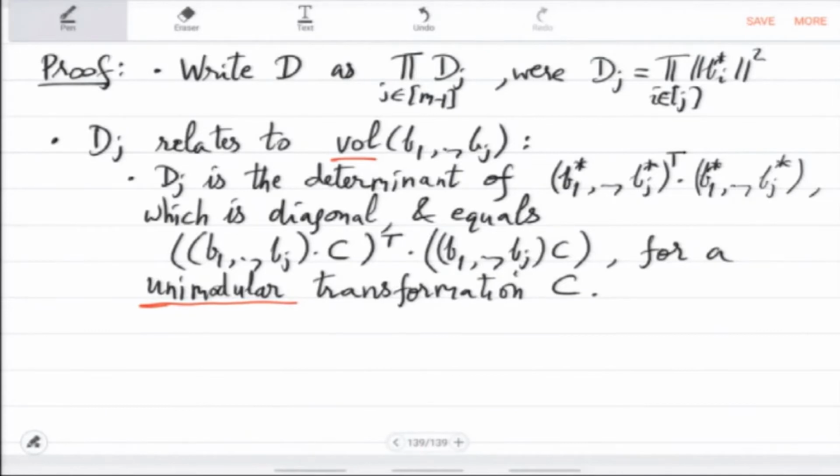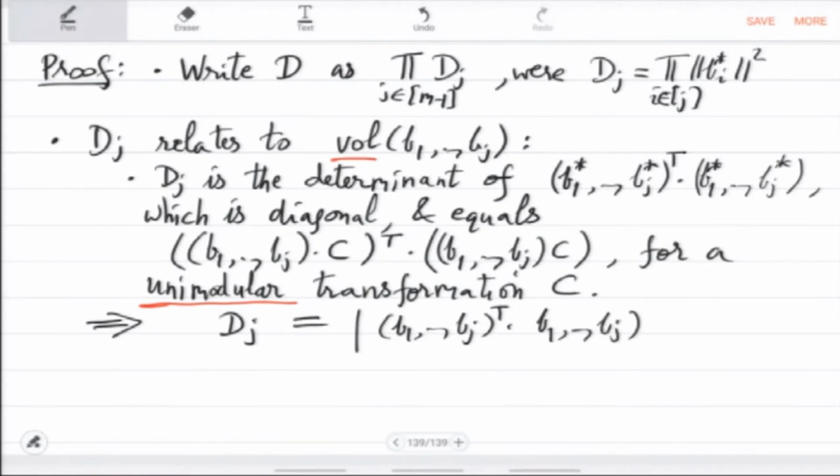So, if you look at the determinant version of this, then you will get that dj equals, so determinant of C and determinant of C transpose is plus minus 1, so the product is 1. So, ultimately it is the determinant of B1 to Bj transpose times B1 to Bj, determinant of this square matrix, which is,